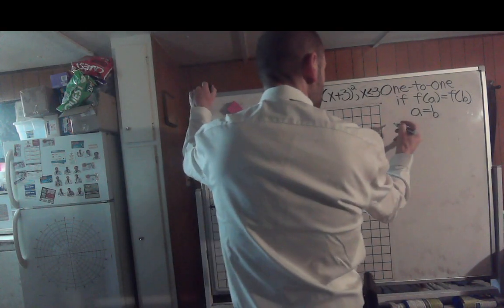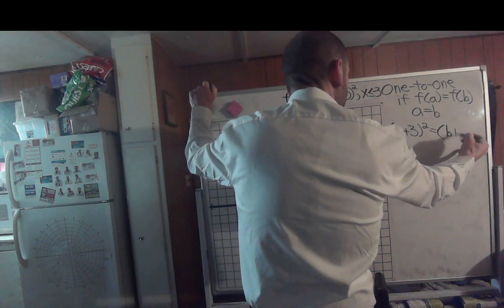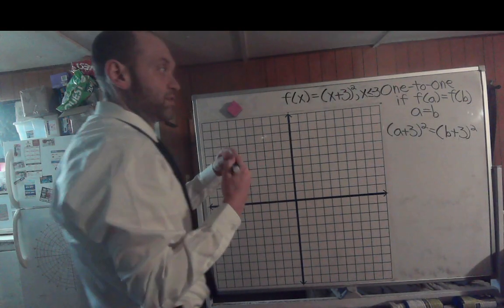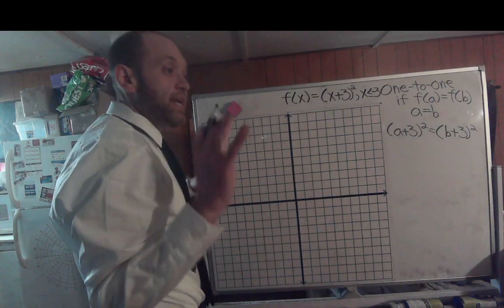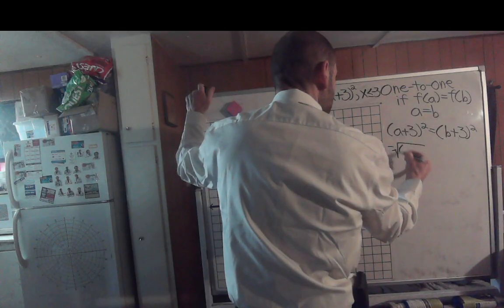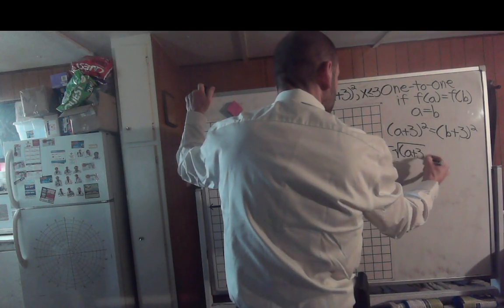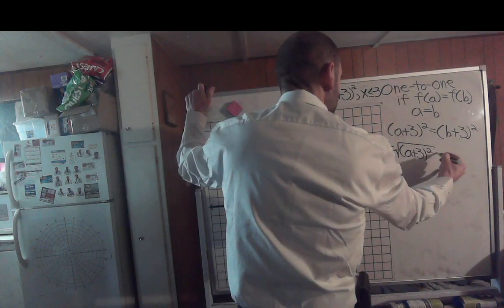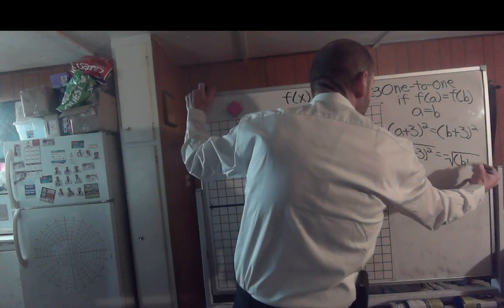Alright, so you would still put in (a plus 3) squared would equal (b plus 3) squared. However, since you're going to the left of the vertex, you're going to take the negative square root of both sides. So you would take the negative square root of (a plus 3) squared, set that equal to the negative square root of (b plus 3) squared,